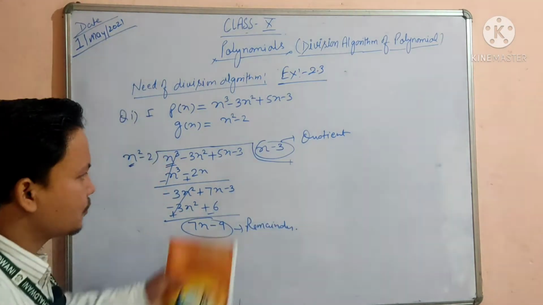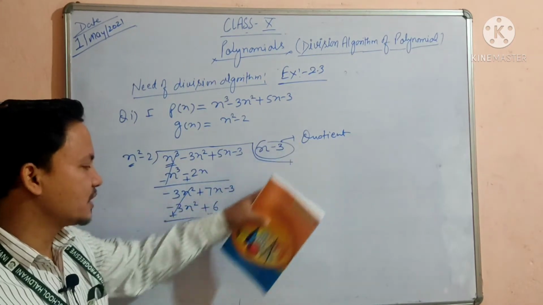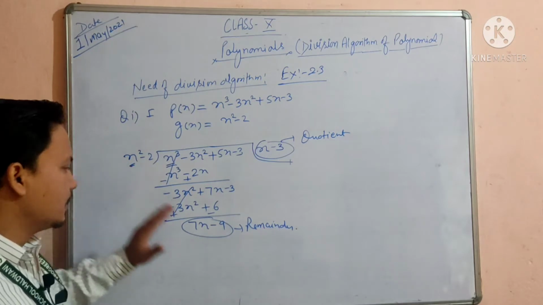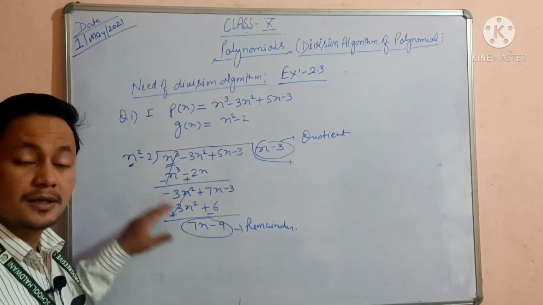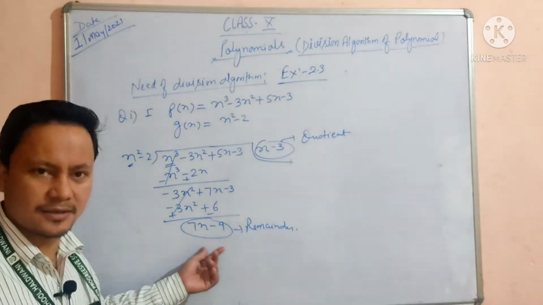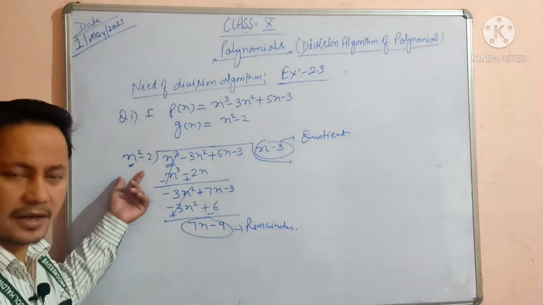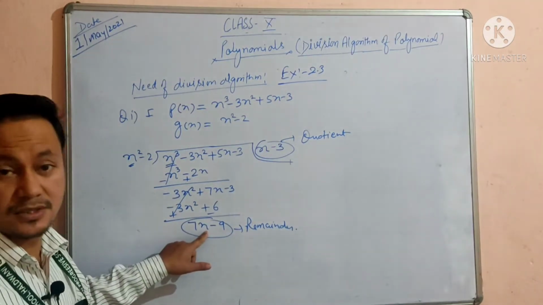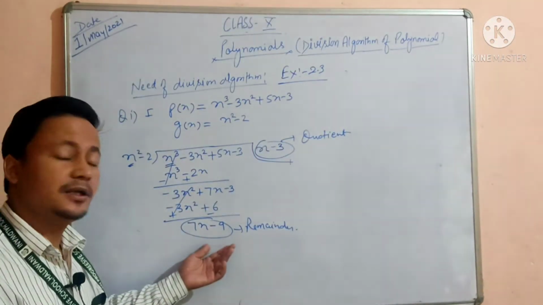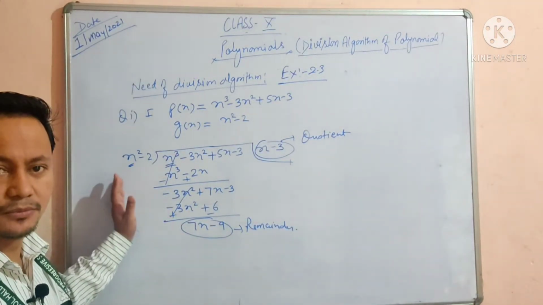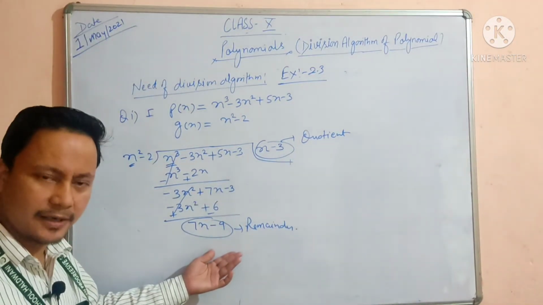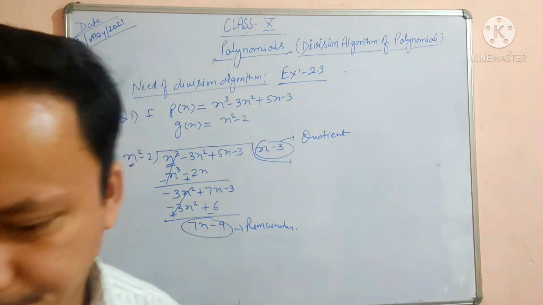Okay, we have to find out quotient and remainder only. So this will be our quotient and this will be our remainder. And what else I want to tell you is that if our remainder is less than our divisor, then we have to stop the division process. Okay, because I cannot divide further, as the remainder is less than the divisor. Why? Because the degree of the remainder is 1, which is a linear polynomial, and this is a quadratic polynomial, and we cannot divide any linear polynomial by a quadratic polynomial. I hope you are getting my point. So this will be our quotient and this will be our remainder. Okay, pause the video and take the screenshot.